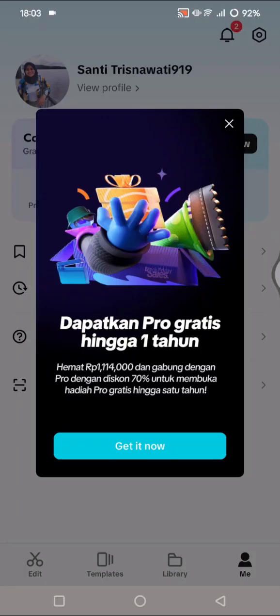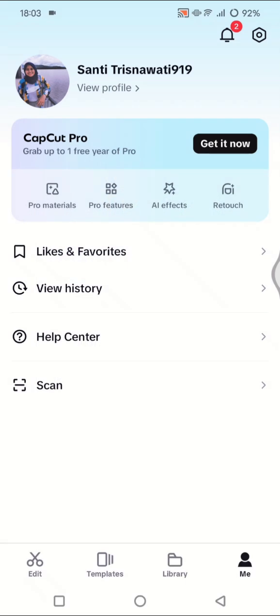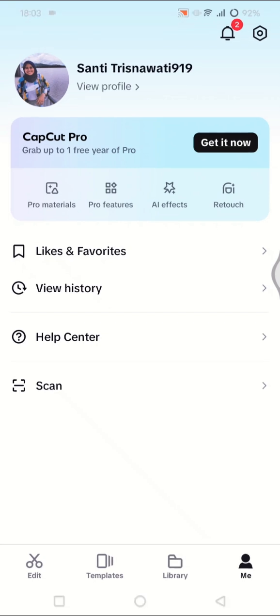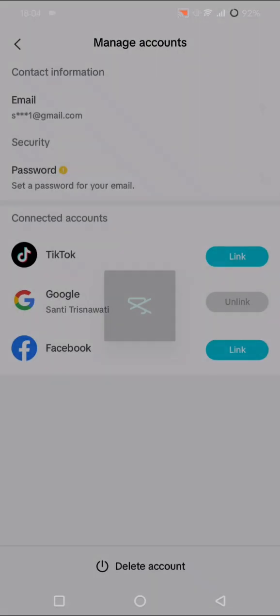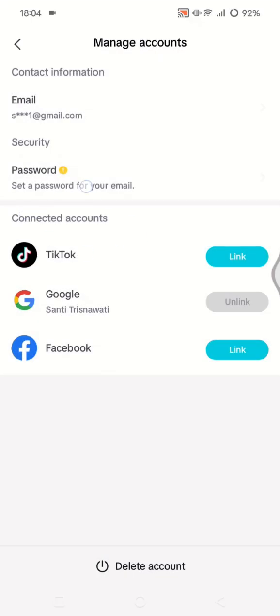Okay, so here to start linking your CapCut account to TikTok, you can go to settings on CapCut by clicking on this gear icon at the top right corner. And then go to the manage account options, and in here you'll see connected accounts. So I'm using a Google in here, and if you want to link your TikTok, you can tap on this link button beside the TikTok icon, click on that,